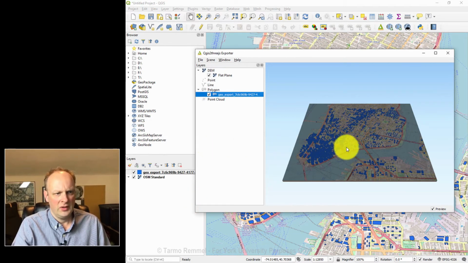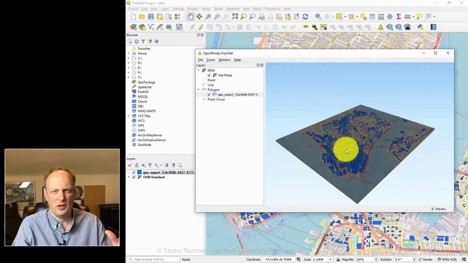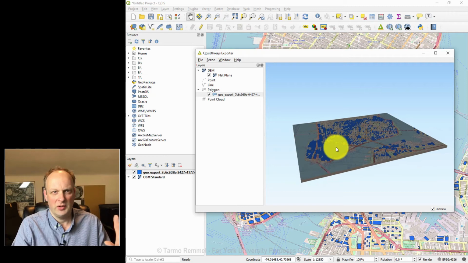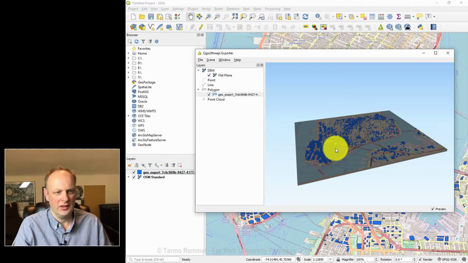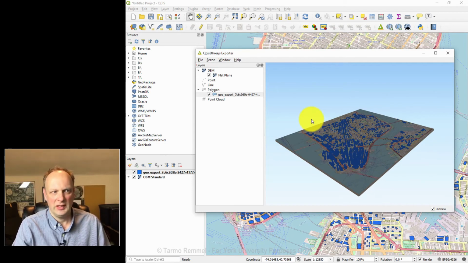And we can now, with our mouse, move this around and look at those buildings. It looks a little bit hazy and not so great, but just bear with me. It's going to get there. This is just the preview mode. When we seem like we're happy with the layout, we're going to